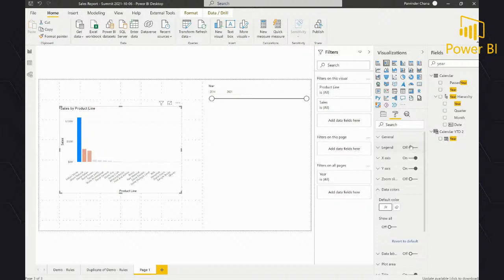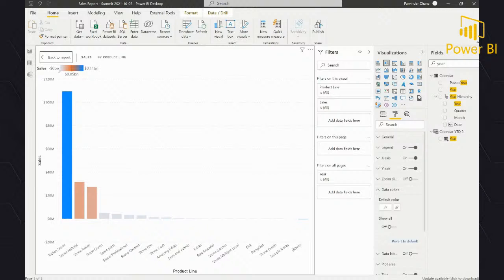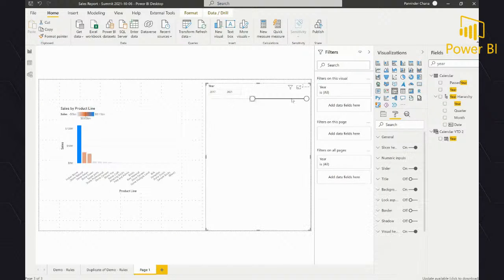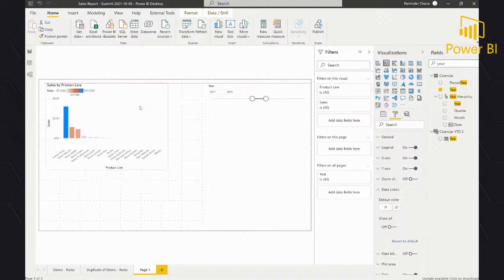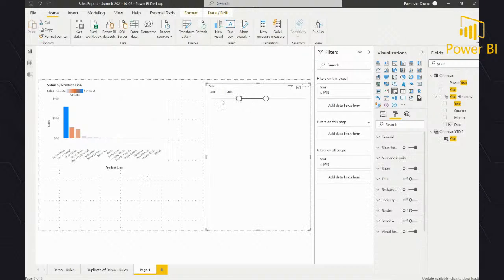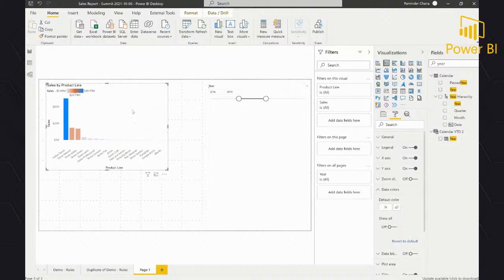One thing which I found very handy: if you turn on the legend and you have conditional formatting turned on, the legend automatically shows what the minimum and the maximum are, which is very handy. I think this feature was introduced a few months ago. So with the color scale, you can actually show the scale in the legend as well, which becomes very useful: what is the highest value it's showing, and what is the lowest. If I pick a different range, you can see in the legend the starting point and the ending point change depending on the data. So this is very handy when you're using the color scale.